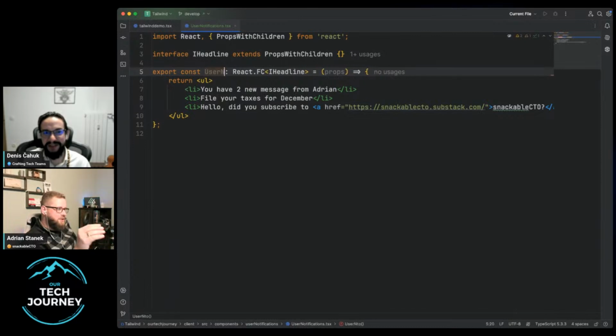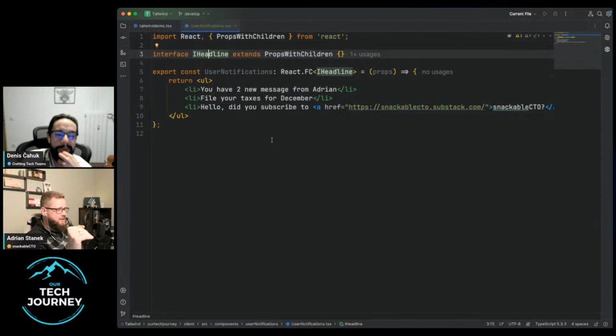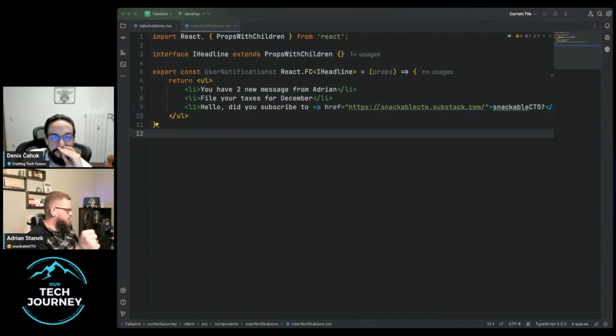We're in user notification. So first of all, for everyone who's listening today, what we have here is the interface up there. Some do it inline, just in the props, to reduce the amount of code. We found out over time with diverse teams that we actually have more readability adding those lines and having a clear distinction of what's going on, especially when you reuse a component and you want to know about those props or prepare those props as aggregates or something like that. It might make sense, for example, in line 3 to export the interface then, which can come quite handy.